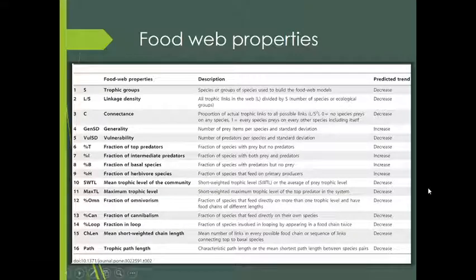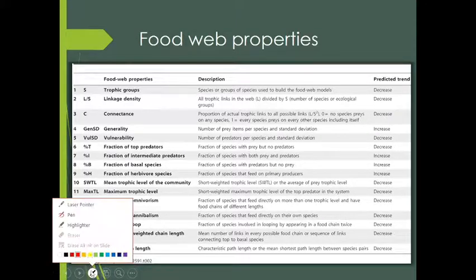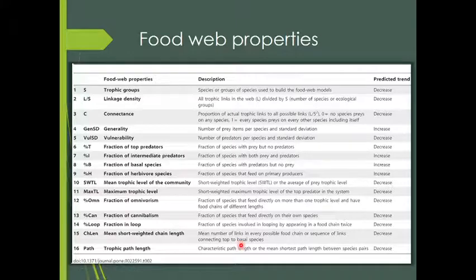All right, everybody. So here is the lecture on food web properties. There's all sorts of ways that we can characterize food webs. We can look at how connected food webs are, the fraction of top predators, the fraction of basal species, the maximum trophic level, how much omnivory there is, how much cannibalism there is. All sorts of different ways that we can think about different species or different food webs, and so I want to go over a couple of the most commonly used